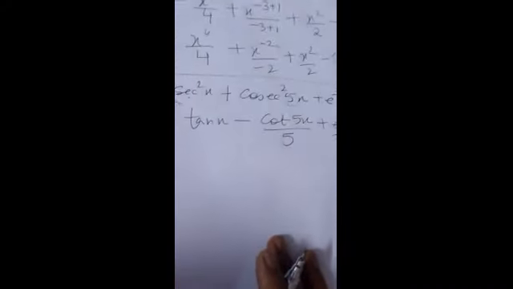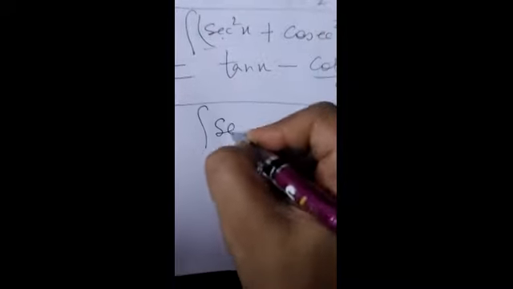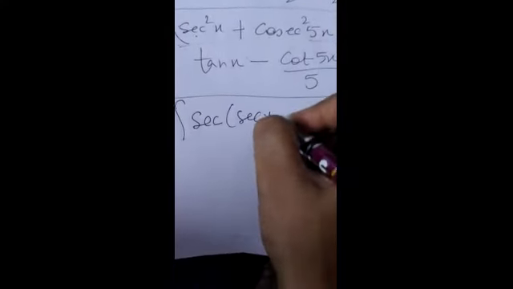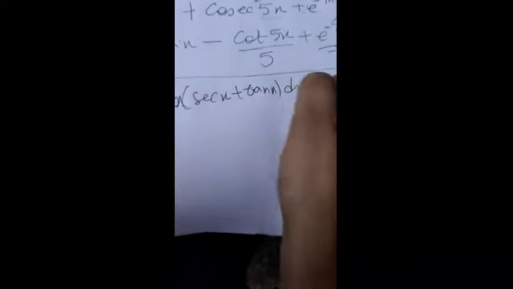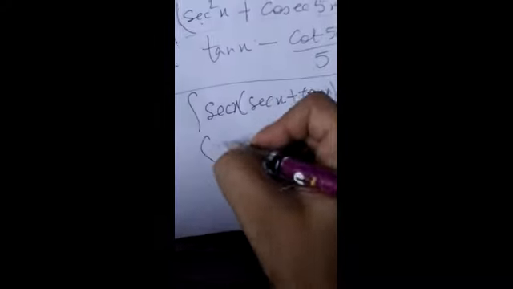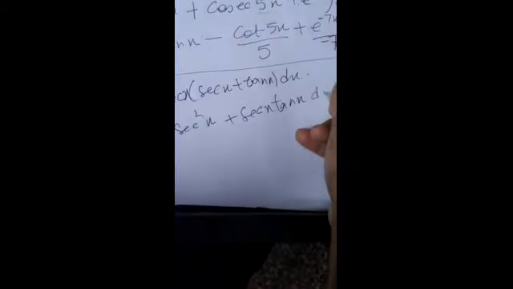तो बेटा ये आपके डायरेक्ट कुछ क्वेश्चंस है दैट यू हैव टू कीप इट इन योर माइंड. द नेक्स्ट इज NCERT question. Suppose you are having like this. अब आप क्या करेंगे? You will open the bracket. Secant square x plus secant x tan x dx.